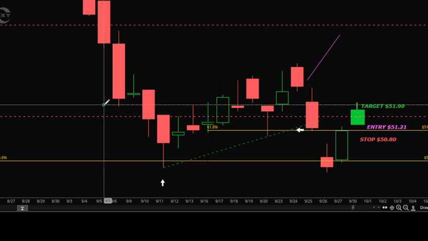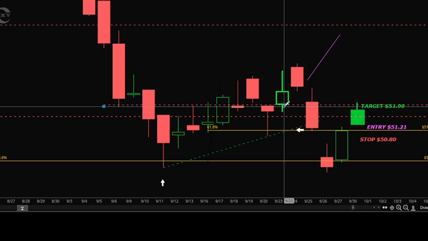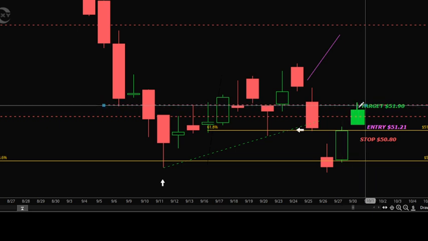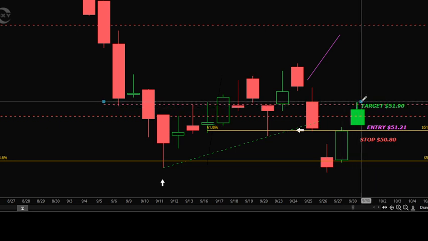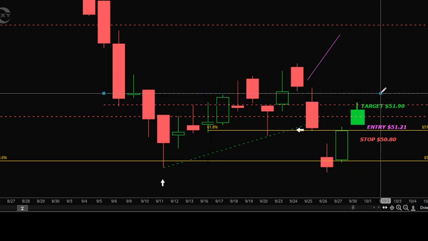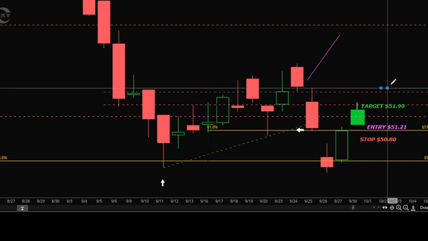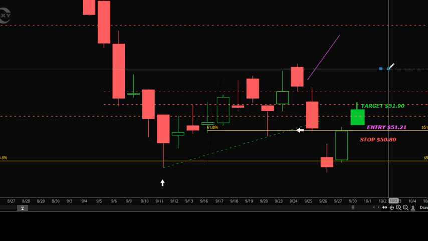Right on that 61.8%, you've got a pretty good resistance line too, so I just don't see it breaking that. But if it breaks it, trade the momentum, right? If it keeps going, I think your next line then is 52.23, and then definitely